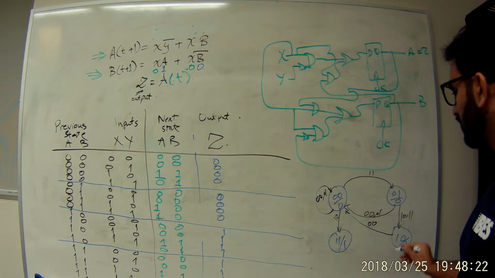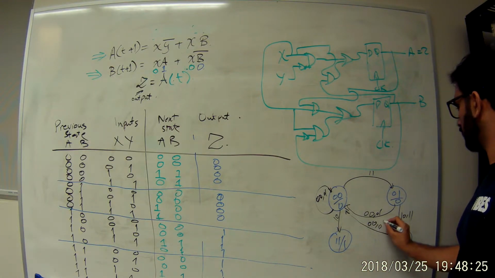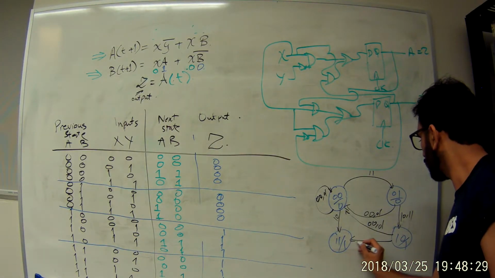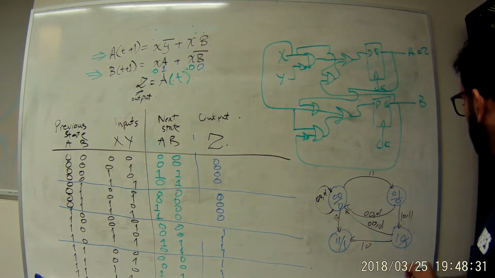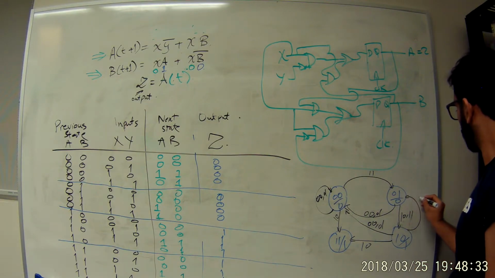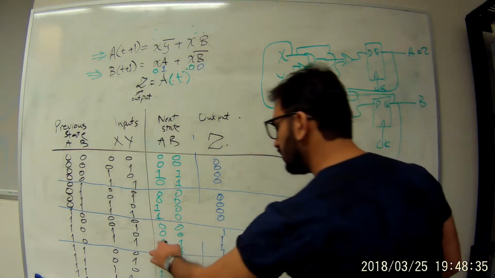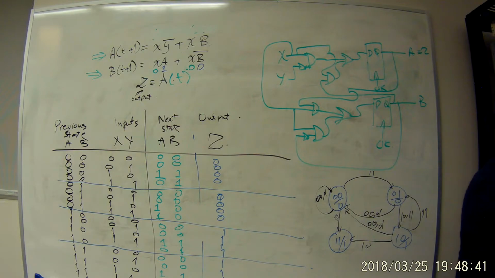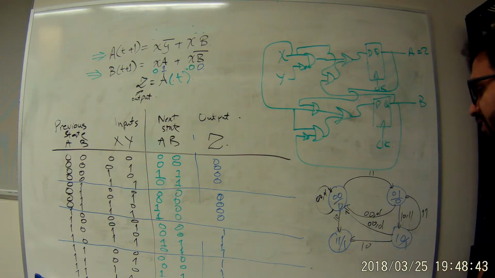When it's 0, 1, we go to 0, 0. When it's 1, 0, we go to 1, 1. And when it's 1, 1, we go to 0, 1. So it's 1, 1, so we go to 0, 1. So the last case is